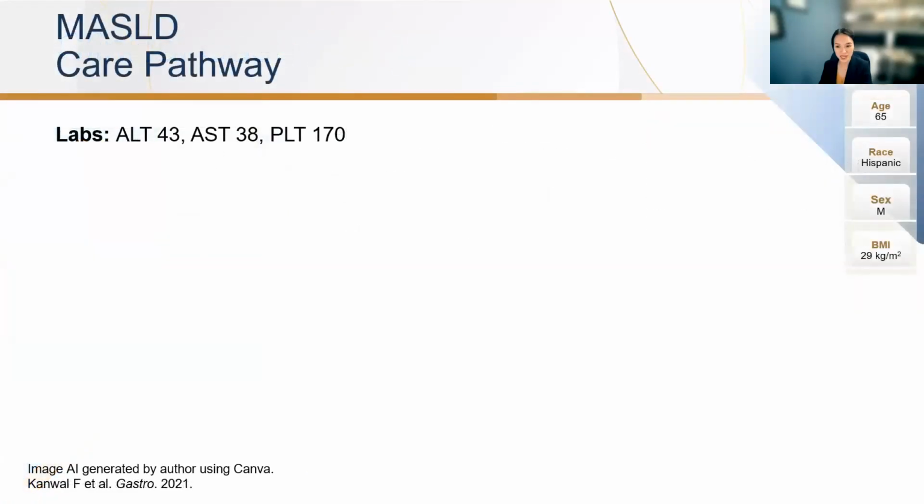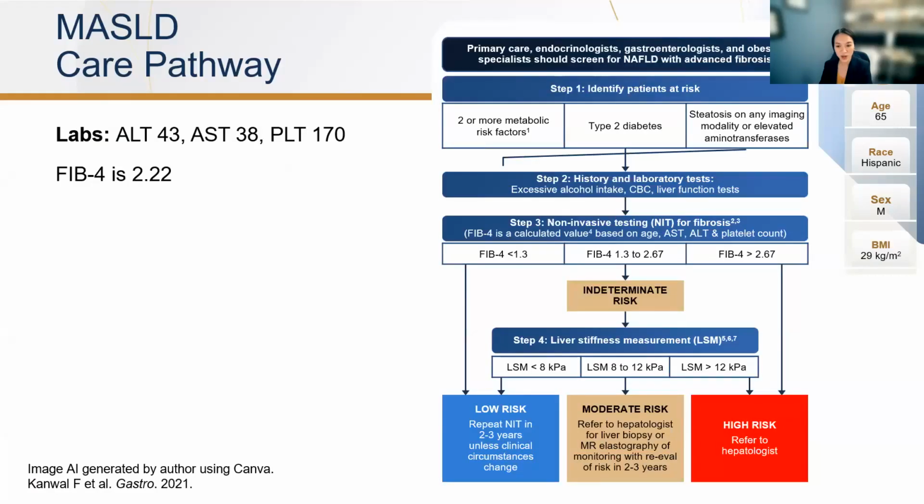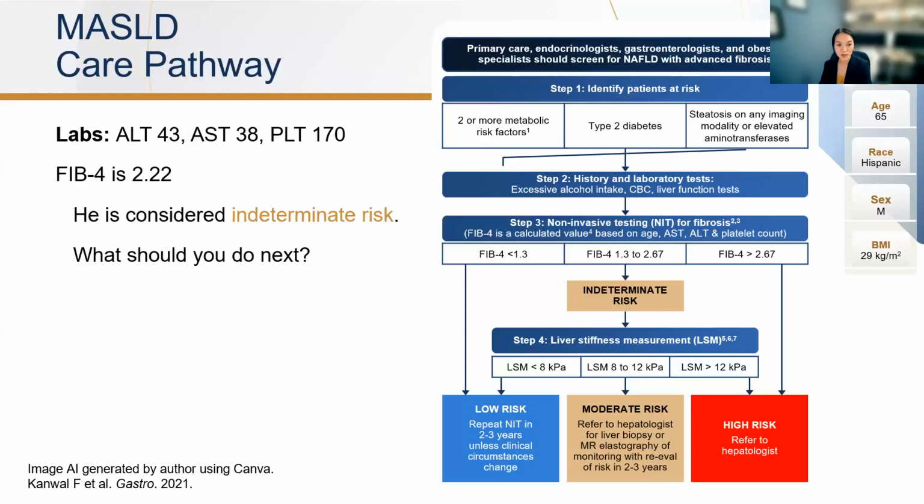As discussed previously, clinical decision tools have been updated to help guide the application of non-invasive testing. So we will apply the MASLD AGA clinical pathway flowchart to the cases presented today. Here you go. For Albert, we know he's at risk for MASLD and MASH, given his metabolic risk factors and his steatosis on imaging. So we first calculate his FIB-4 score using ALT, AST, platelet count, and his age. We calculate his FIB-4 is 2.22, which indicates an indeterminate risk.